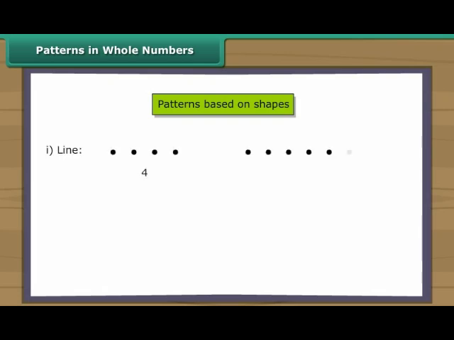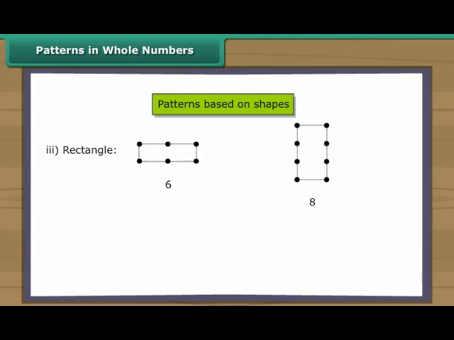Patterns in whole numbers. Numbers can be arranged in some elementary shapes using dots. The shape could be a line, square, rectangle, triangle. Every number can be arranged as a line. For example, some numbers can be arranged as squares. For example, some numbers can be arranged as rectangles. Rectangles can be a horizontal arrangement or a vertical arrangement. For example, some numbers can be arranged as a triangle. For example,